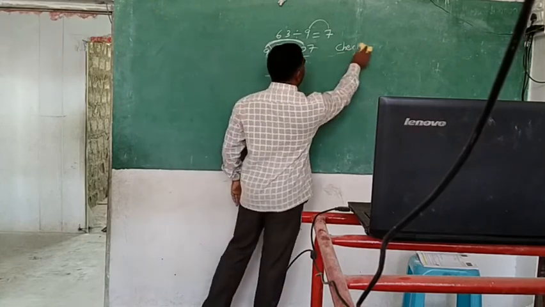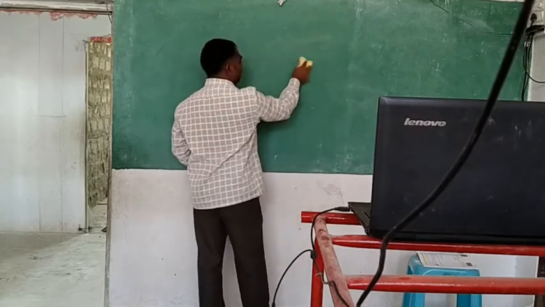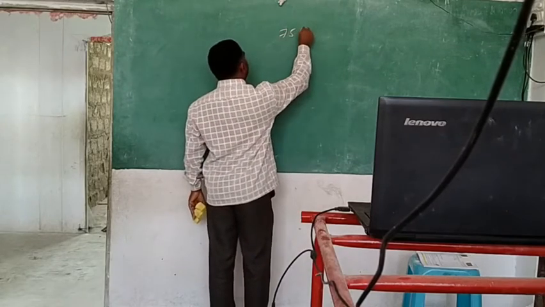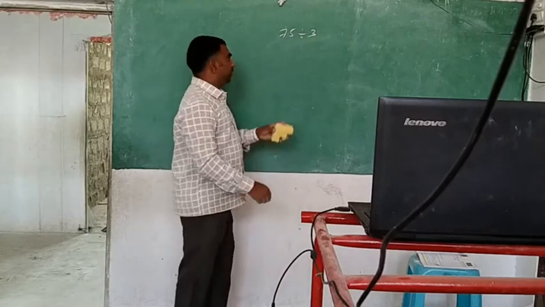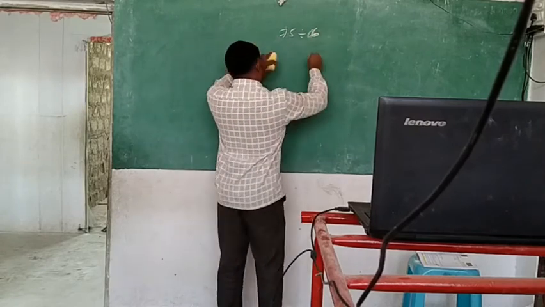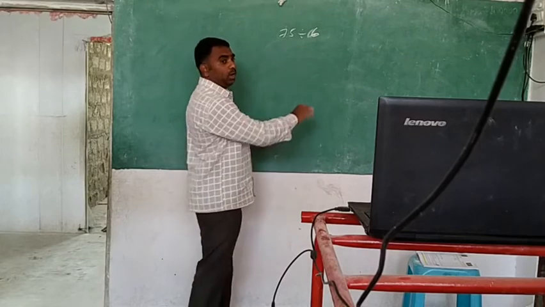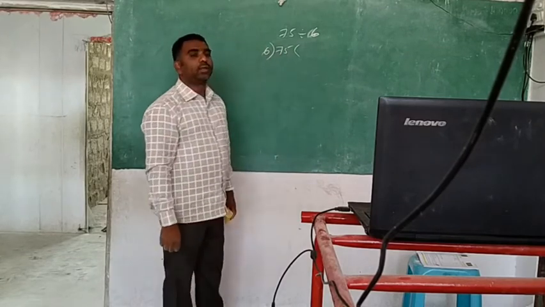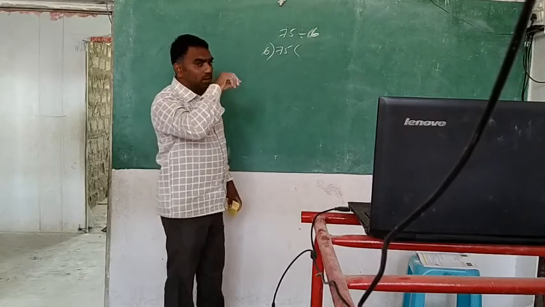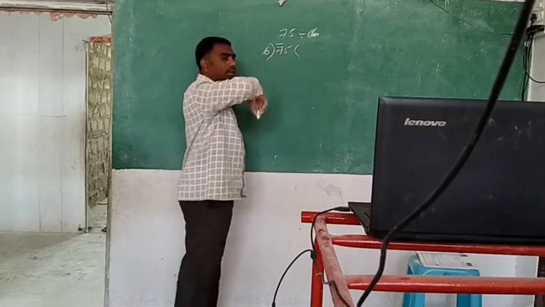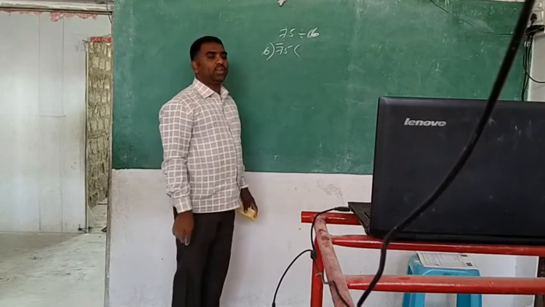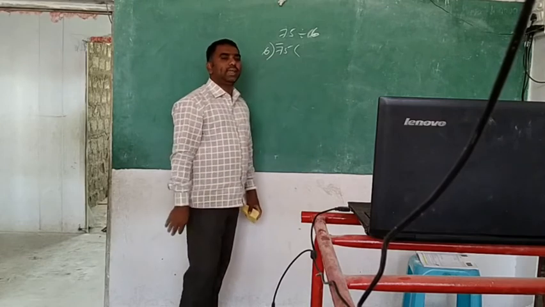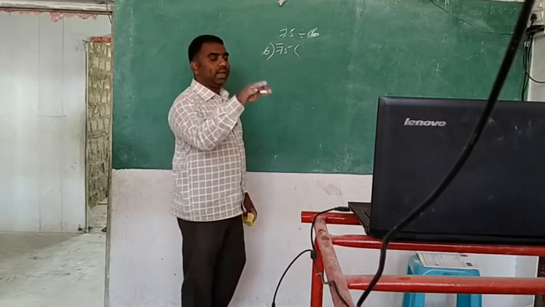Okay. One more example I will give you. Take it, see. 75 divided by 3. Sorry, 75 divided by 6. So what do you do? How do you do it? 75 divided by 6. First you will take one number, 7. Does 7 come in the 6 table? No. Then you can take something less, I said. You can take less also.